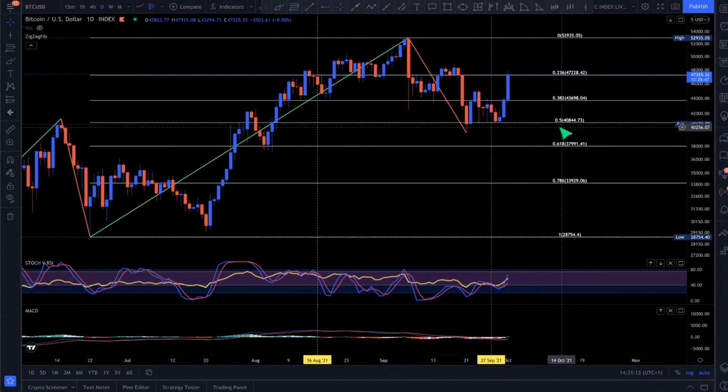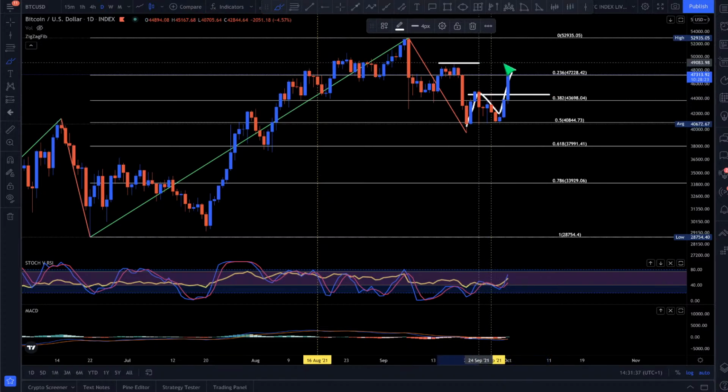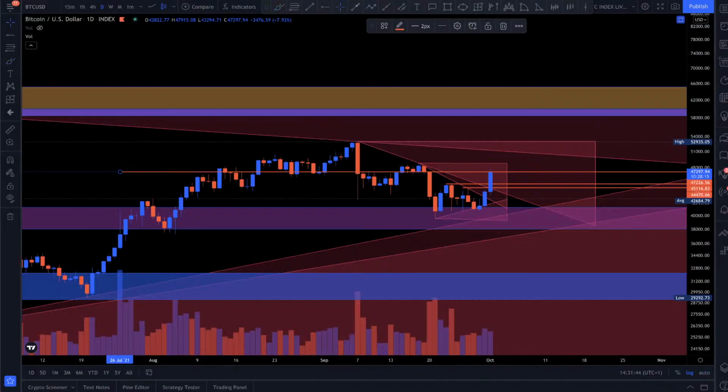Okay, ignore the fibs. If you look at these areas here, you can see this was the low. And what we need to do is now get above this level here. So we still haven't invalidated this particular low here or this particular higher lower high here. We need to invalidate this, right? So this is very important. This is just a micro thing. So if you look carefully on a daily, it's just micro, right? We just invalidated this, absolutely fine. This is the invalidation point, absolutely fine. But we also need to get above here and invalidate this. So we still got another kind of a milestone that we need to cross before we get anywhere. Very, very important to see.